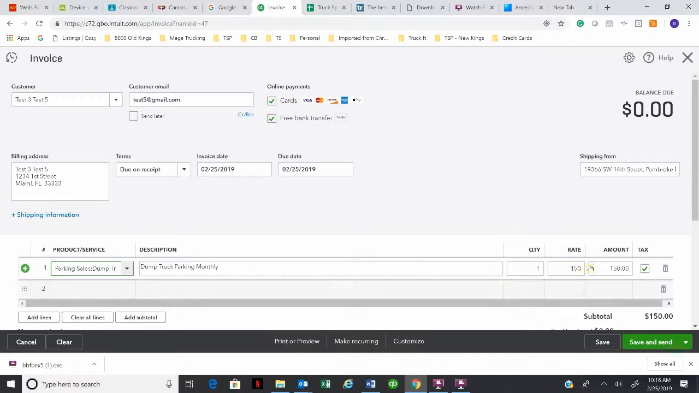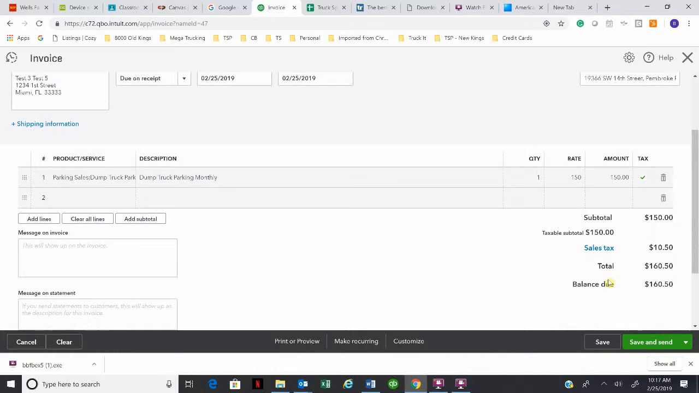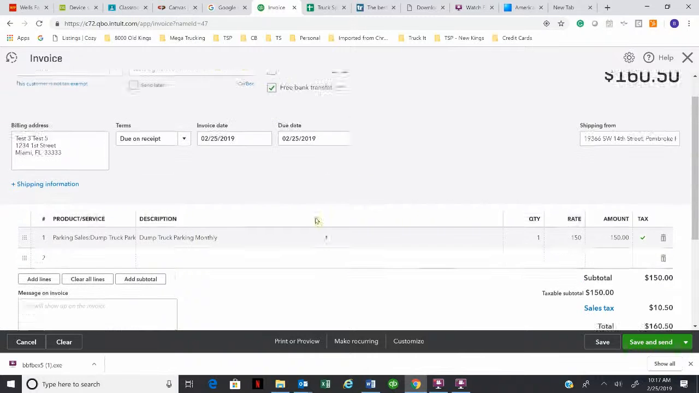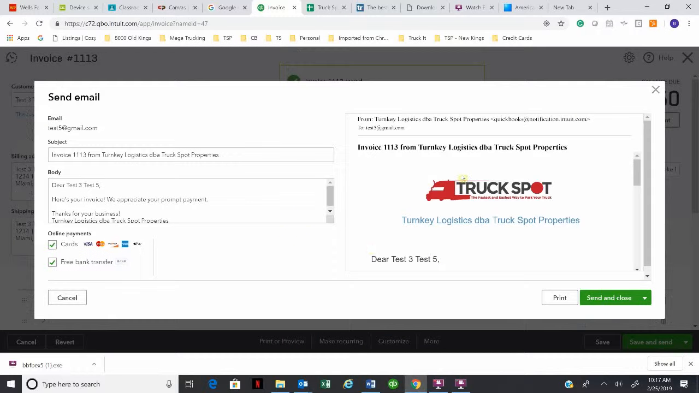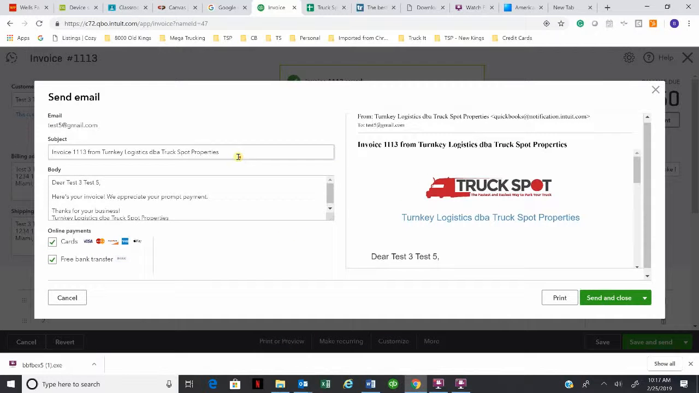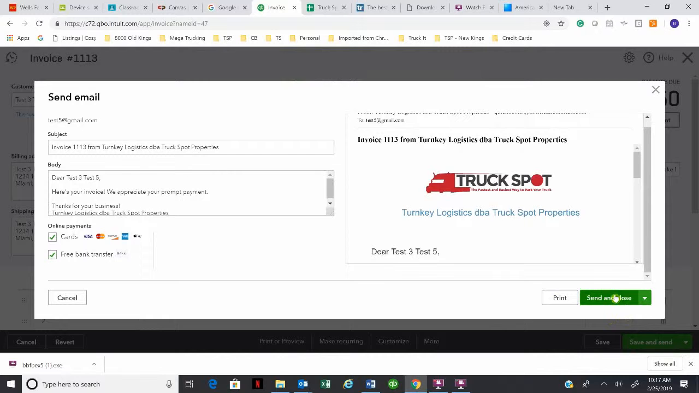It automatically pops up at a rate of $150 and tax is included. So it's $150 plus tax for a total of $160.50. Once you do that, you hit save and send, and it will automatically create an invoice and email it to them. You hit save and close,